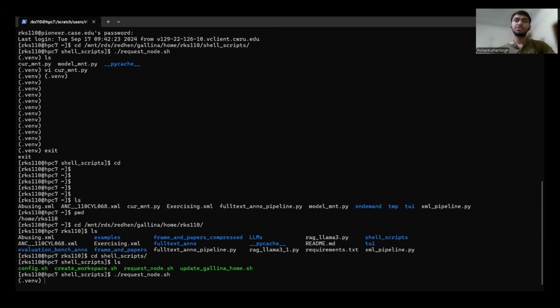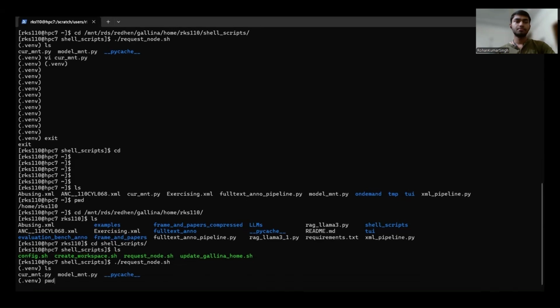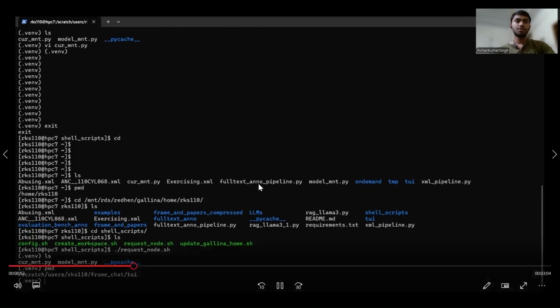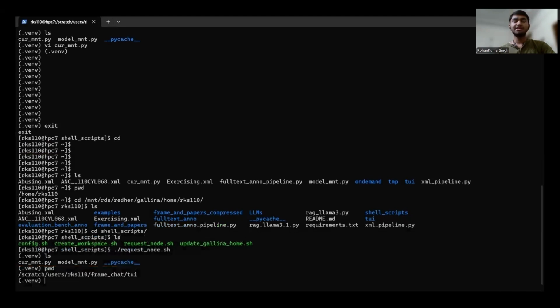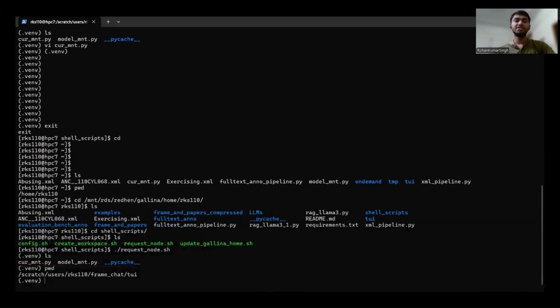The request for the GPU node is for 2 GPU 2080 for 2 hours. Now we are currently operating inside a GPU node which has the following files, as you can see right now. These files are present in the scratch directory under my same user ID.